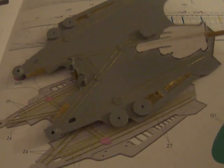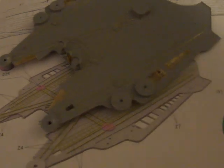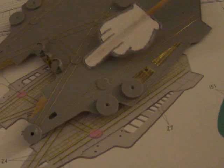And it took a good 3-4 hours of doing it. But after 3.5-4 hours, all the rails are on here, except you can see there's supposed to be rails that go here and rails that go here. I've not put those on yet because